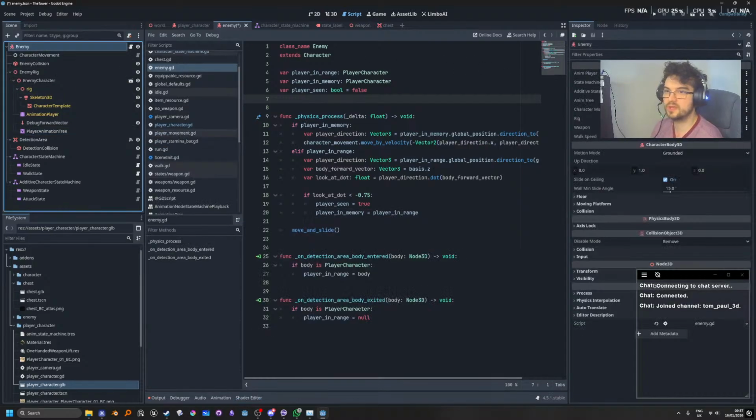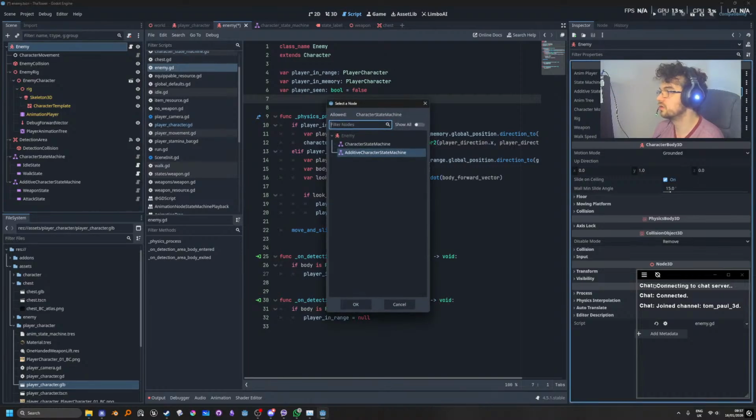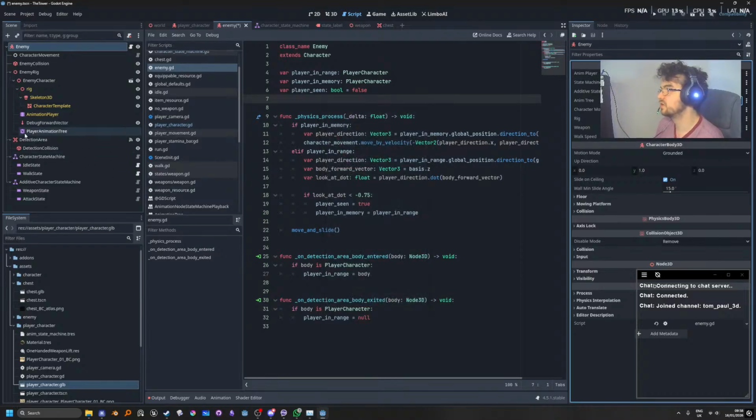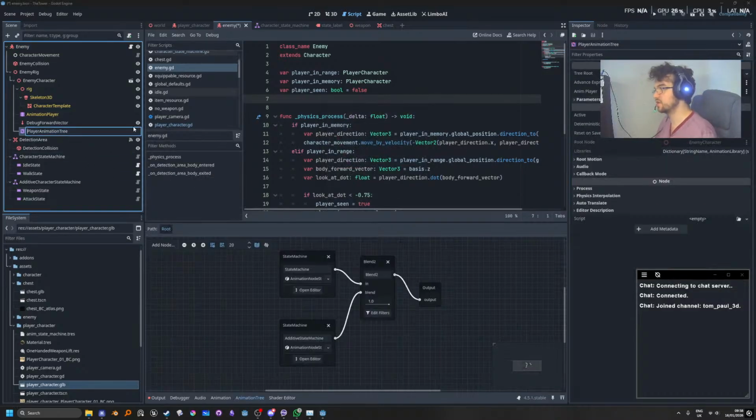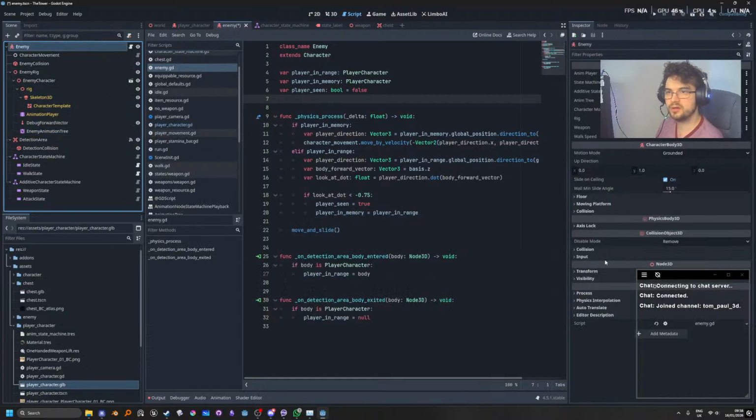So that's okay. Anim tree. We want to get the player animation tree. I will rename this to enemy animation tree. This is what's so great about exposing parameters like this. When we change the name of stuff, it changes it in our list. And our weapon,